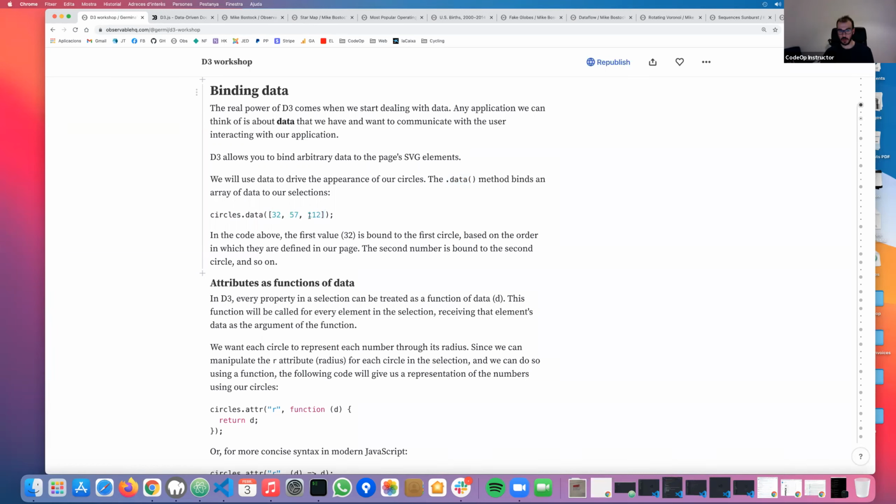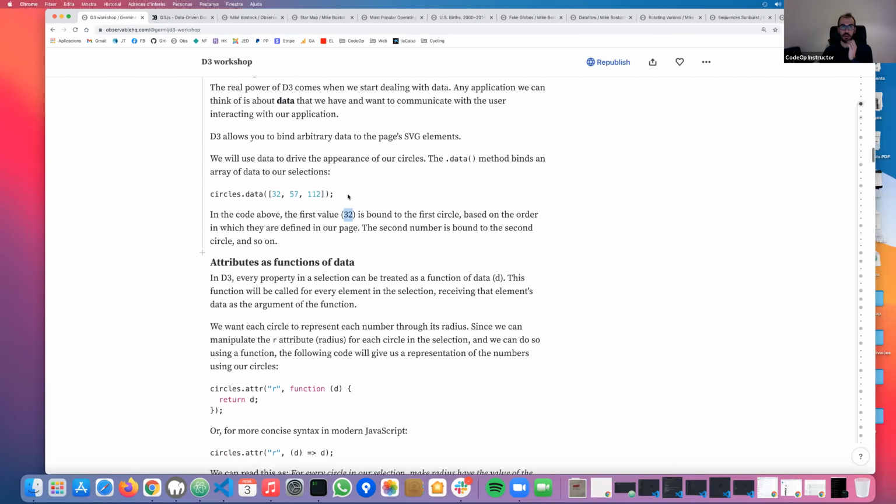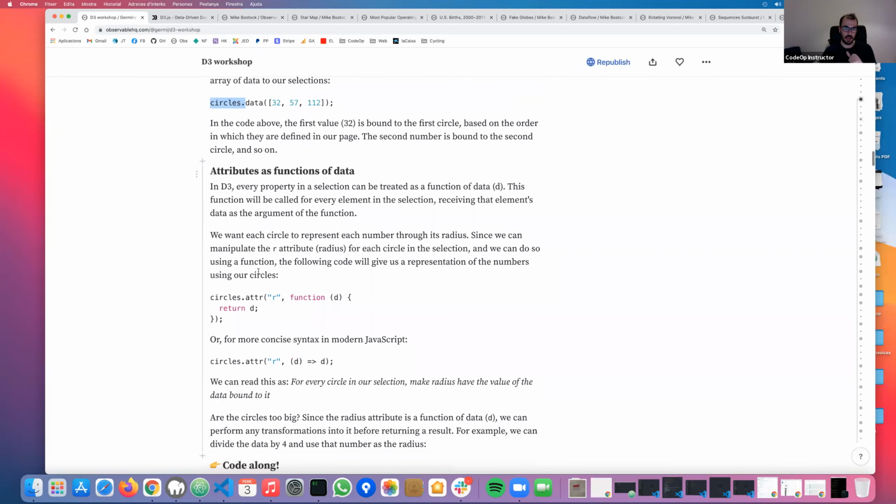So the first value of those 3, the 32, is somehow bound to the first circle, based in this case on the order in which I created them, or in the order that they were selected from the page. So the second number is going to be bound to the second one, and so on. Okay, if I have 1 million elements and I bind 1 million data, that's the order of things. So I didn't do anything with this yet, because I want to talk about the other part,